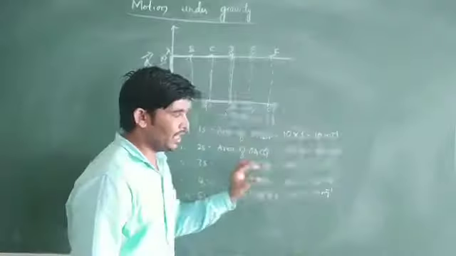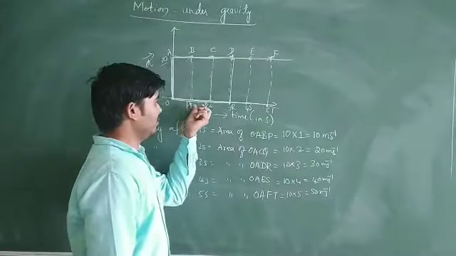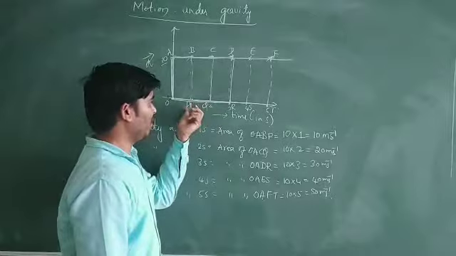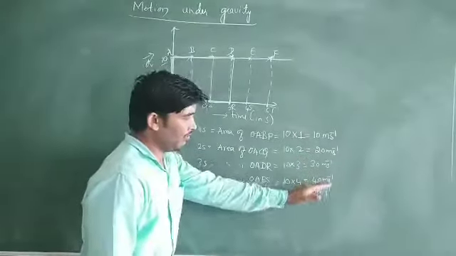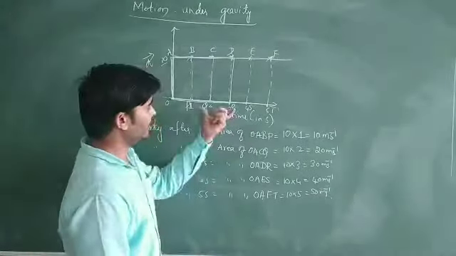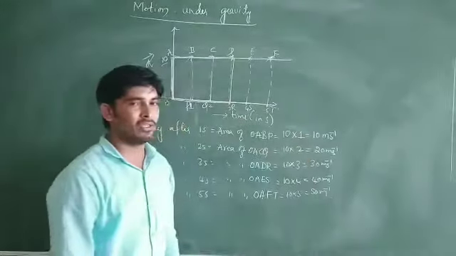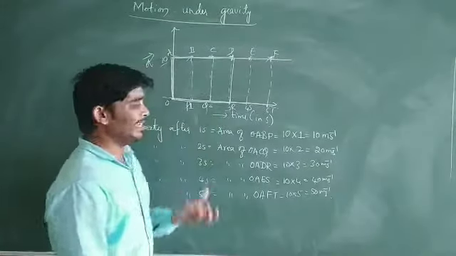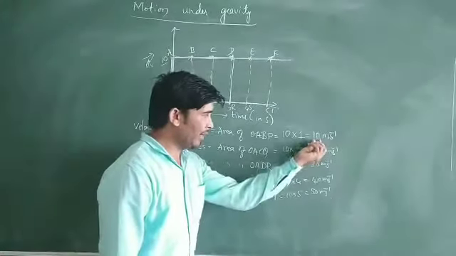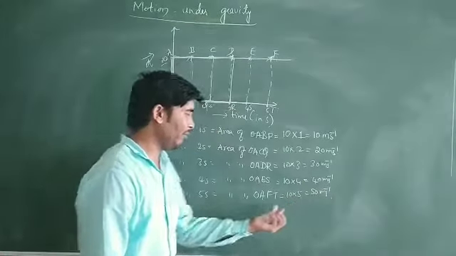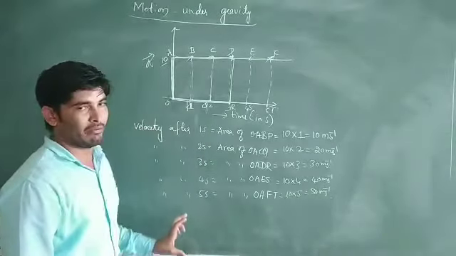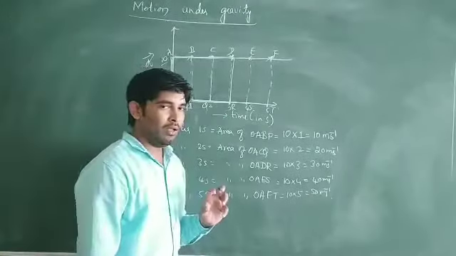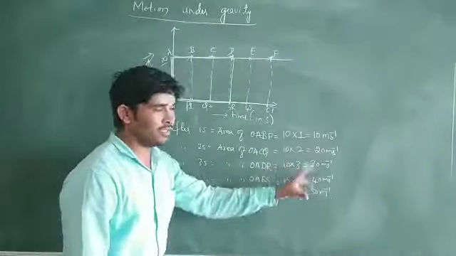So these are the velocities of the body after each interval of time. After 1 second, and after regular intervals of time, these are the velocities we got. By using this time and these velocities, we can easily plot the velocity time graph. Let us remember this: 10, 20, 30, 40, 50 meter per second represent the velocity after regular intervals of time. Now we need to plot the velocity time graph for these values.